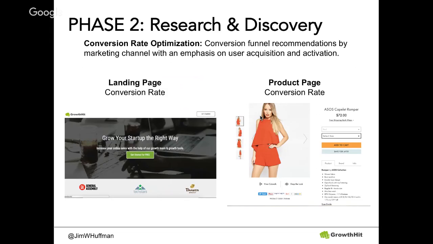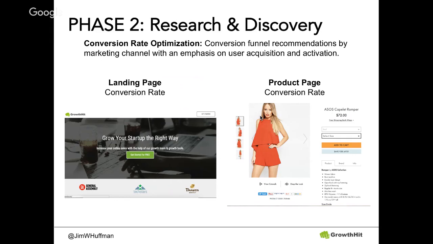All right, conversion rate optimization. This is another thing when you're looking at your infrastructure that needs to be a top priority. So before you start trying to send a lot of traffic to your site, you really need to make sure you're set up to handle it. Meaning if they come to your site, will they go to the page you want them to go to? Will they sign up for your email list, or will they transact?